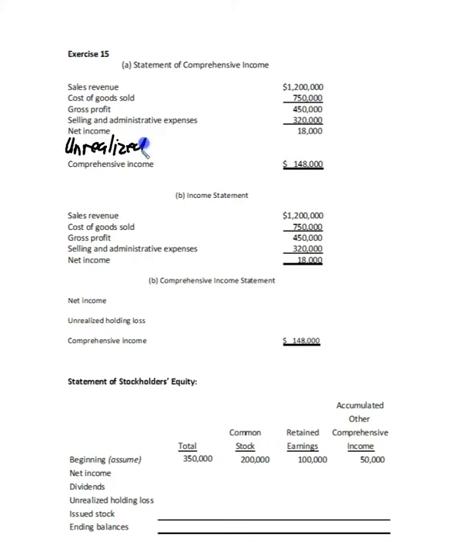So let's go ahead and write it down here. So unrealized holding gain. And again, that's going to be net of tax. Try to squeeze that in here. So we have an unrealized holding gain net of tax, and the dollar amounts, I've